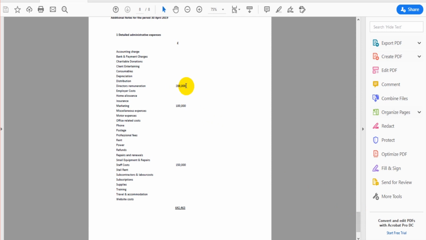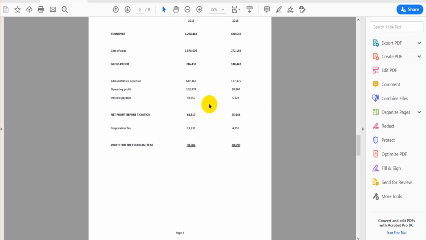And also things like directors' wages. If there's 1-2 directors and they're paying themselves a large sum of money, take that into consideration, especially if this is a business that you're planning to purchase, because you don't have to pay yourself this much money. If you were to just pay yourself $50,000 a year, then you're going to see company profits rise drastically. So it's always worth